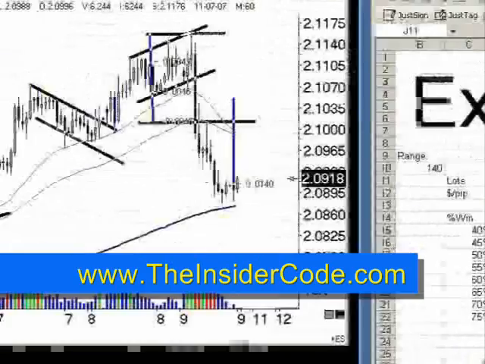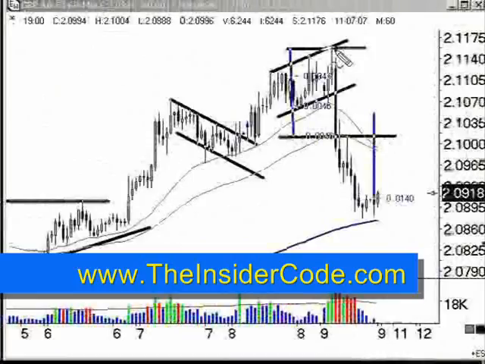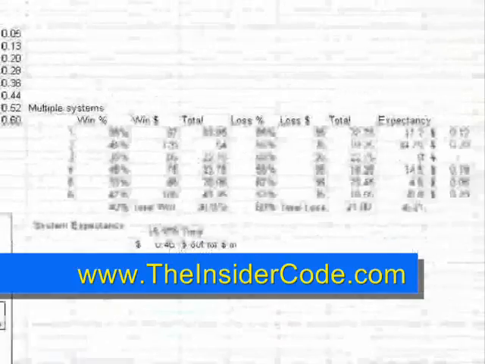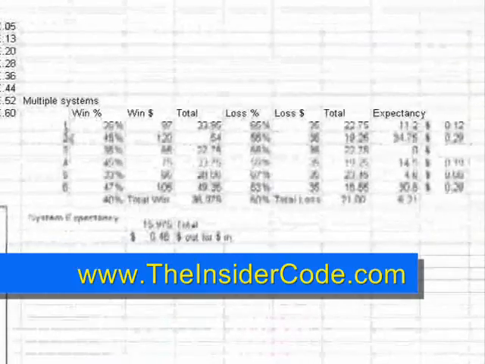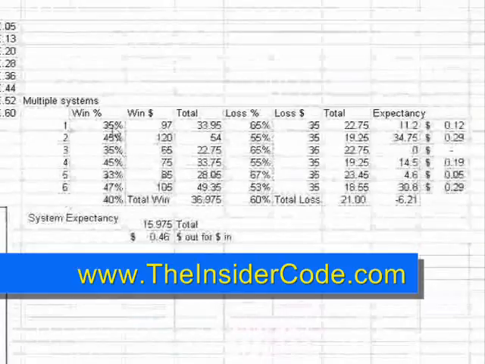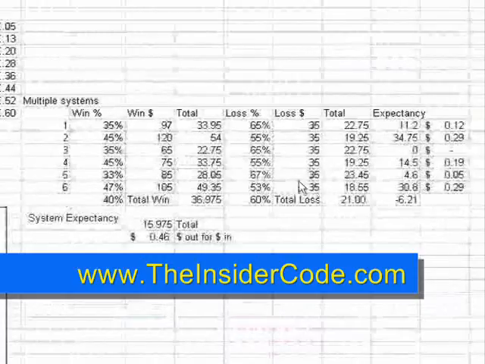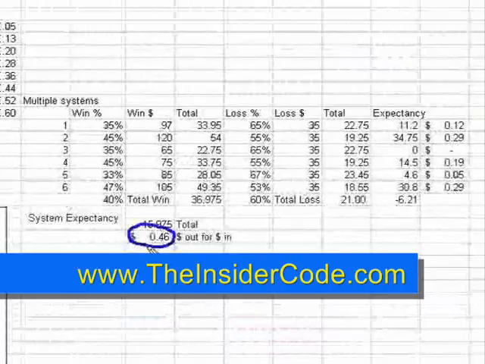Let me scroll back quickly here. Let's say that you take 6 of these trades where the market is in a trading lane, and you're just taking a whack at it. Let's see what happens and see if we're going to make some money. Well, if you take 6 of these trades and you have this mix of win rates and these profit targets with a static loss at 35 pips, what you'll see is that over time you'll actually make some really good